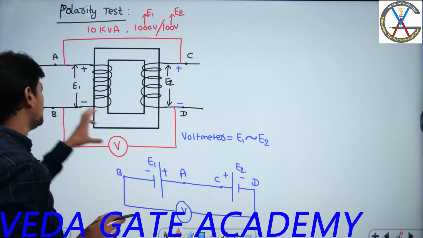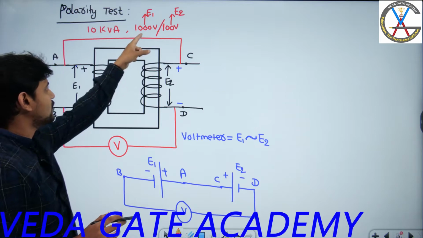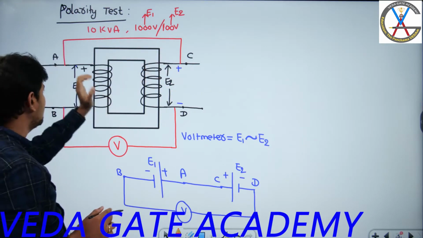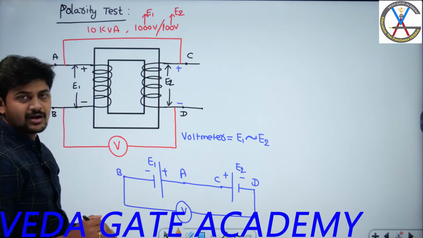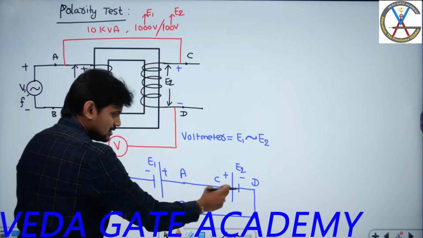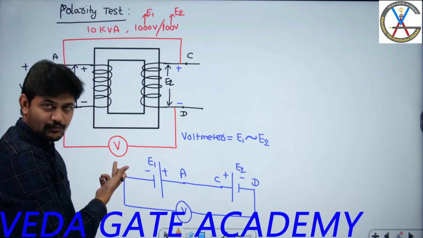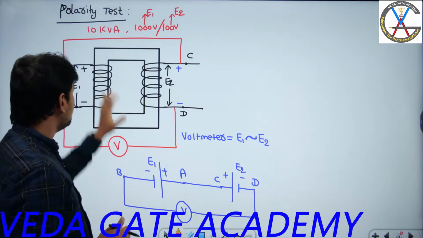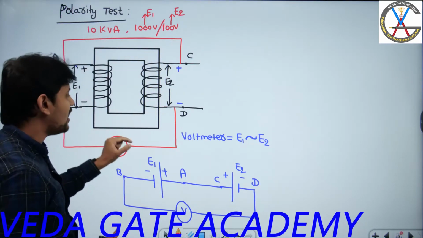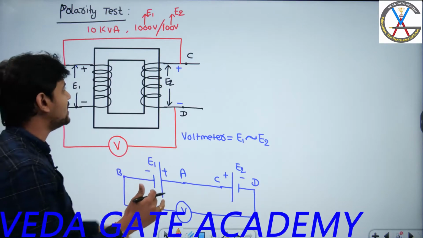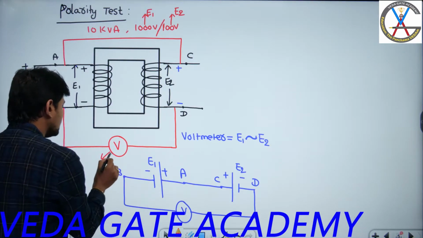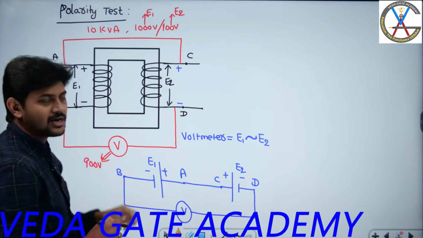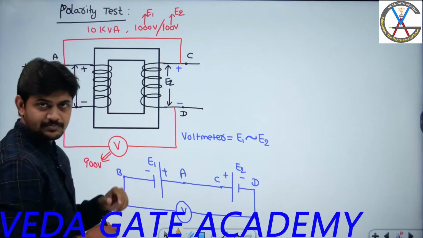Now for this transformer, on the primary terminals I will connect a source of 1000 volts and the secondary terminals will be open circuit. A and C terminals are connected in short circuit, and across the other terminals I have connected a voltmeter. That means these two windings are connected in series. All of you focus here. If I do similar connections and get a voltmeter reading of 900 volts, then can I say these two windings are connected in this fashion only?